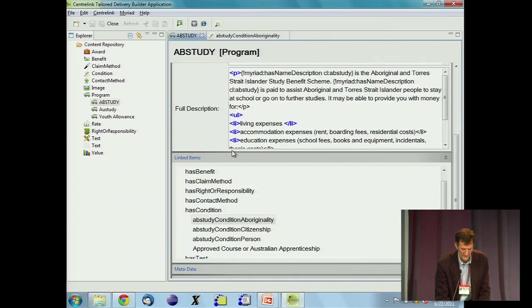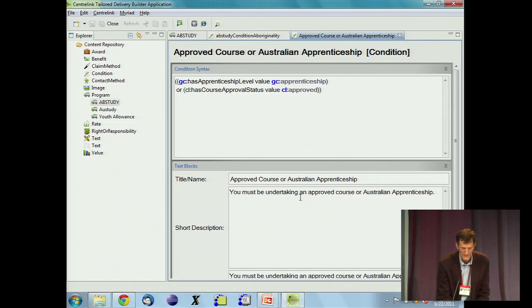We also have the citizenship condition. That's similar to the aboriginality. We actually specify that you have to be a person. The discourse plans are set up so that we don't actually come out and say that. It seems insulting to tell a person that they must be human. But Centrelink, in fact, does give benefit to other things besides people, to organizations and schools and so forth. So it is a condition that underlies the system. The discourse planner is the one that's deciding to suppress that hidden information. Also, we have the approved course in Australian apprenticeship. That's OR'd, so you can see the standard disjunction here.